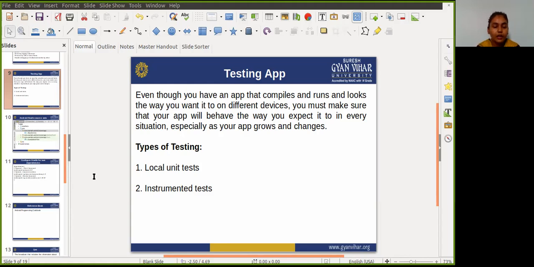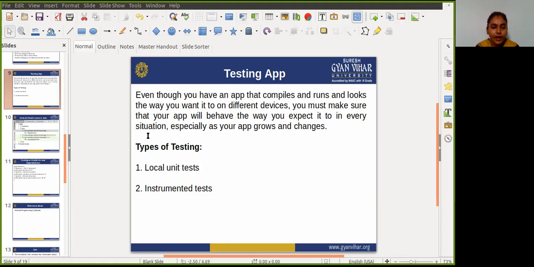So writing and running tests is a critical part of the software development process, because test driven development, that is TDD, is a popular software development philosophy that places tests at the core of all software development for the application or service.